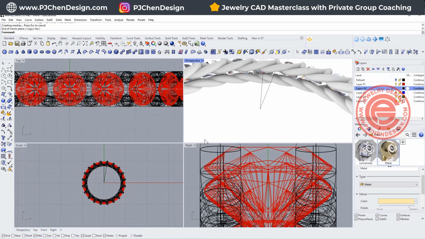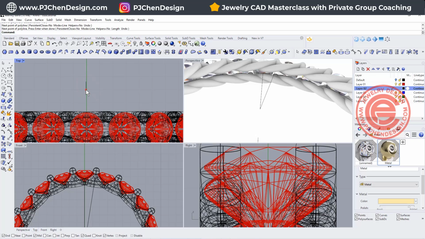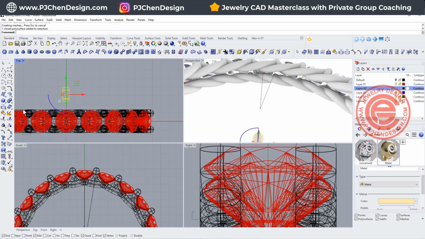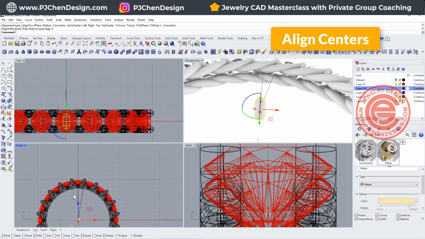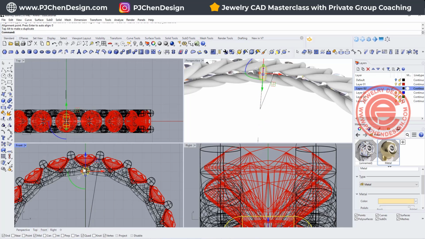So we cannot cast something like this. So next, let's make a bar in between. I'm just going to draw a very short line and pipe this with the same diameter there. And with this one, I actually want it to be align center, and just type 0 there. Okay, now I can simply move this one to the top